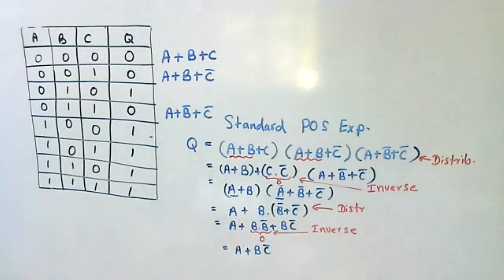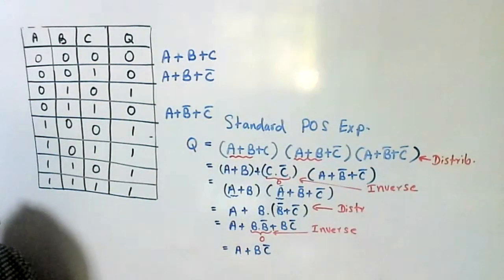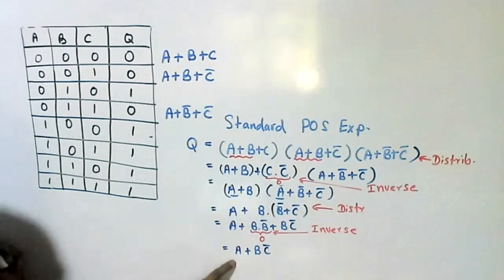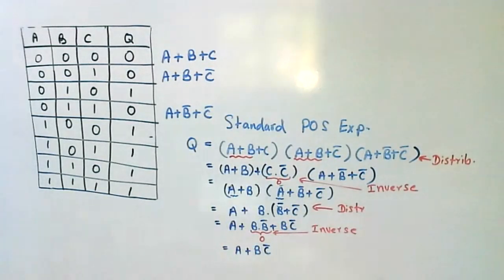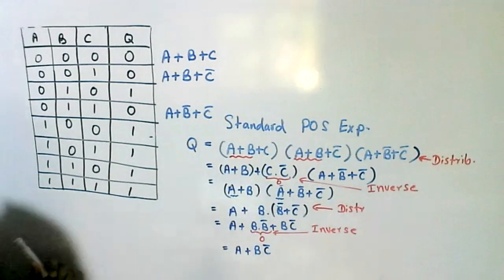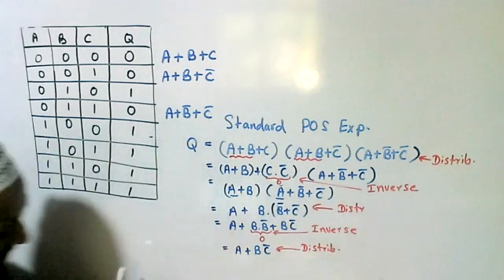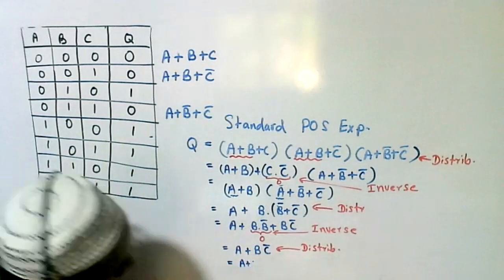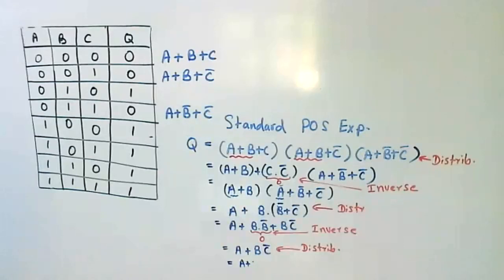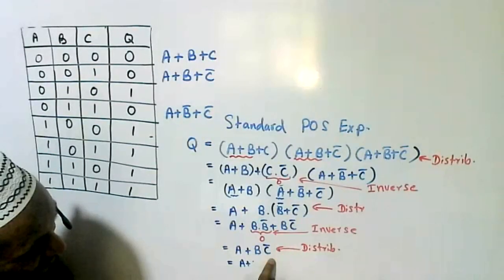Last week also we got the same answer, but hereafter we can change. Here it is not a POS expression, product of sums. This is an SOP expression, sum of products. So we have to convert this into a POS expression. Again, we can use the distributive law. If we stop at that place, A + B C bar, is it wrong?